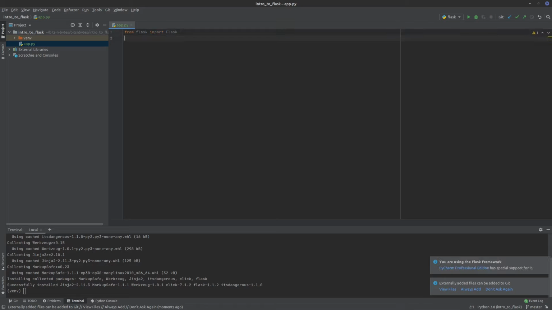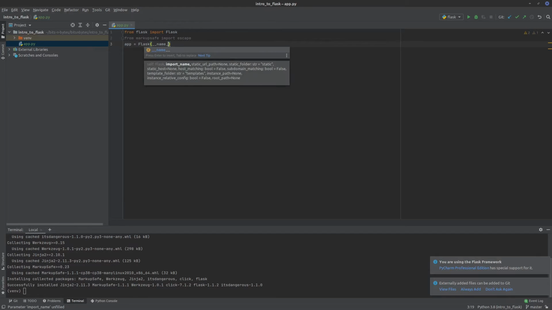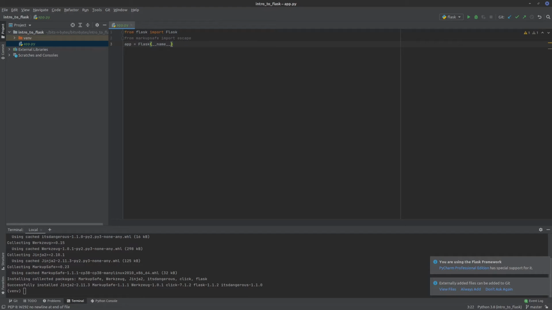And then I'm going to add another thing here that we're going to use in a minute. This enables us to escape characters, and you'll see why we need to do that in a minute. And then we're going to say app equals, and here comes our old friend that you've seen in other videos, Flask name.